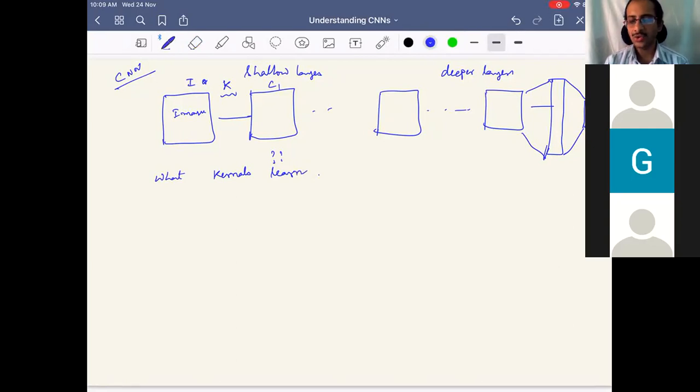What these kernels learn matters because essentially these kernels are considered to be the model. Once you train a convolutional neural network, finally you will be having kernels at the first layer, kernels at the second layer, and so on. These kernels are the weight matrices, which are called the model, and these will be used with any new image to perform the classification task. So what do you expect that these kernels learn? Anyway, I will discuss a few things, and we will also see some details through the slides of Professor Fei-Fei Li's team.